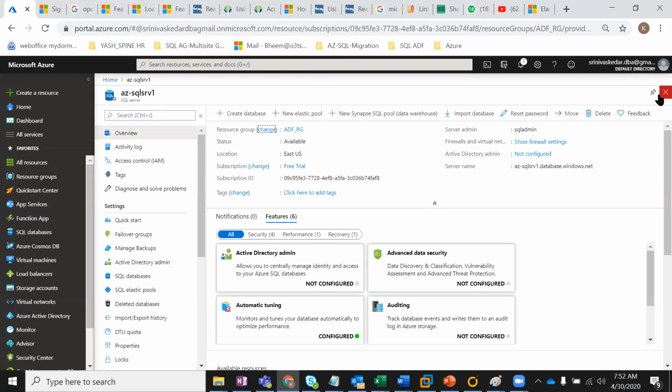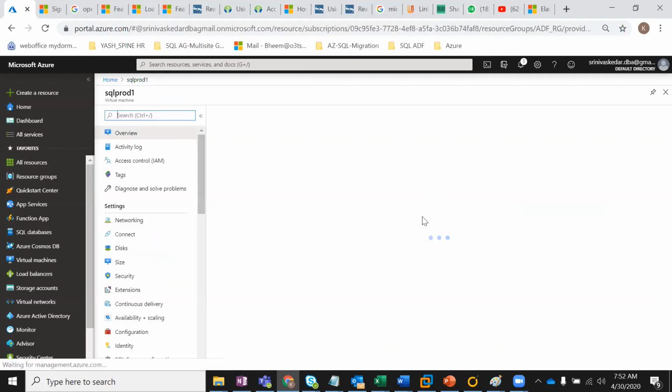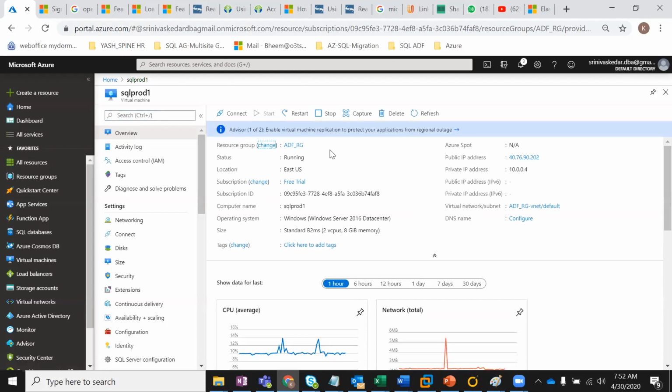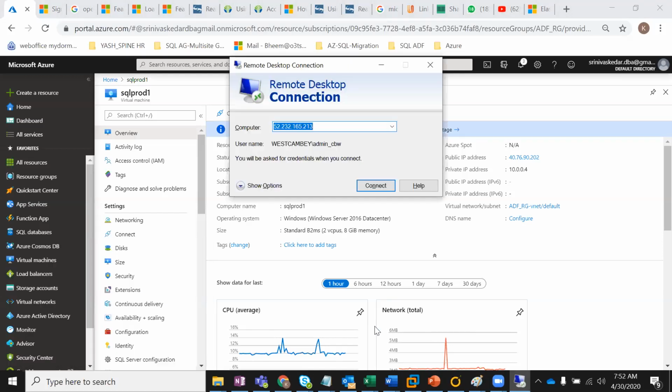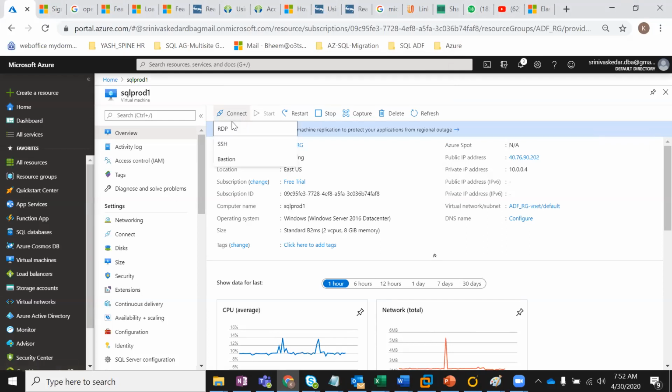Thank you. So now what we are going to do is go under fetch basically. I'm trying to check whether it is deployed properly or not, I'm not sure, but still we are going to try to connect and we'll see. Just click copy on this one. Since the public IP is there, mostly it is going to work. So basically I want to connect first of all. Or else we can just download the RDP file.